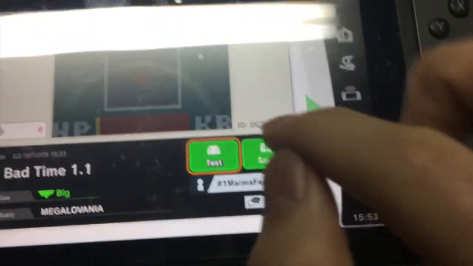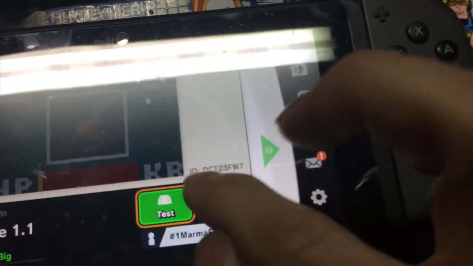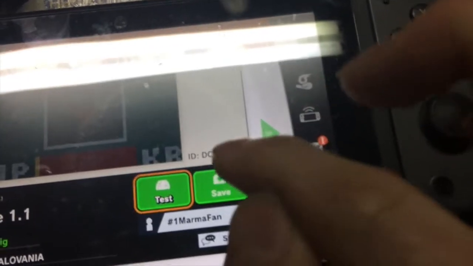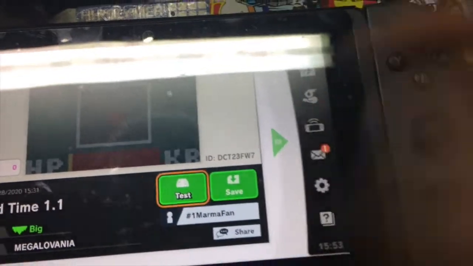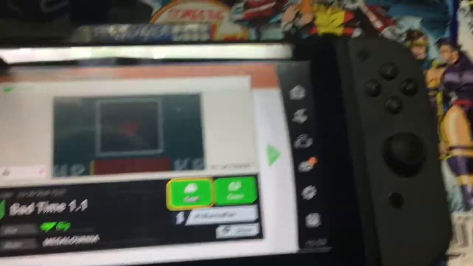And I made a new one, and I had posted it before, but I think Nintendo disappeared it. So, it's called Bad Time version 1.1, and its ID is DCT23FW7. So obviously the inspiration for all of these was to make something that looked like Sans or looked like the battle arena for Undertale,